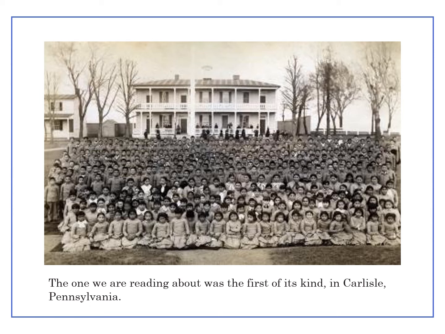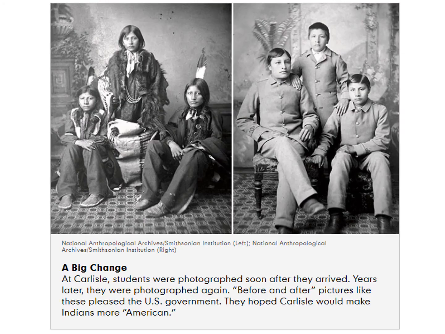Now, the boarding school we're going to be reading about today was the first one of its kind in Carlisle, Pennsylvania. And this picture is from Carlisle, but this was happening in boarding schools all over the country. At Carlisle, students were photographed as soon as they arrived, and then years later, they were photographed again. And this before and after, the U.S. government liked that, and they hoped that this school would make these Native people more what they thought of as American. Take a minute and really just study the before and the after picture